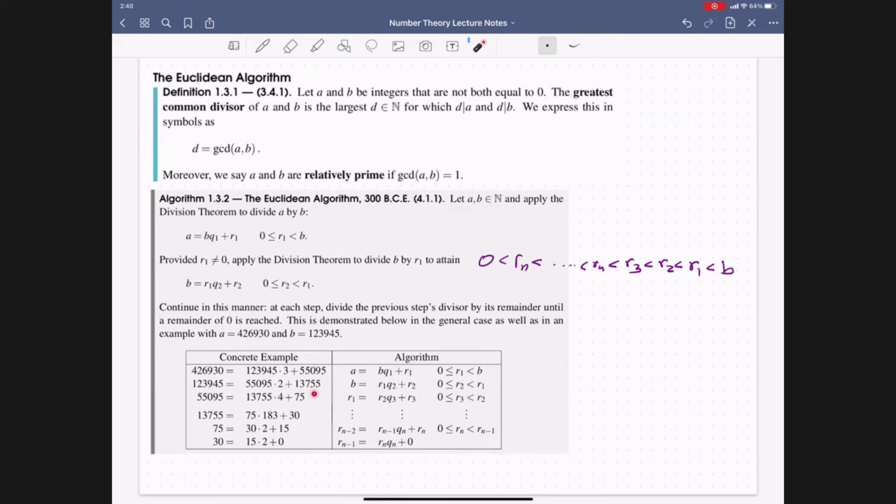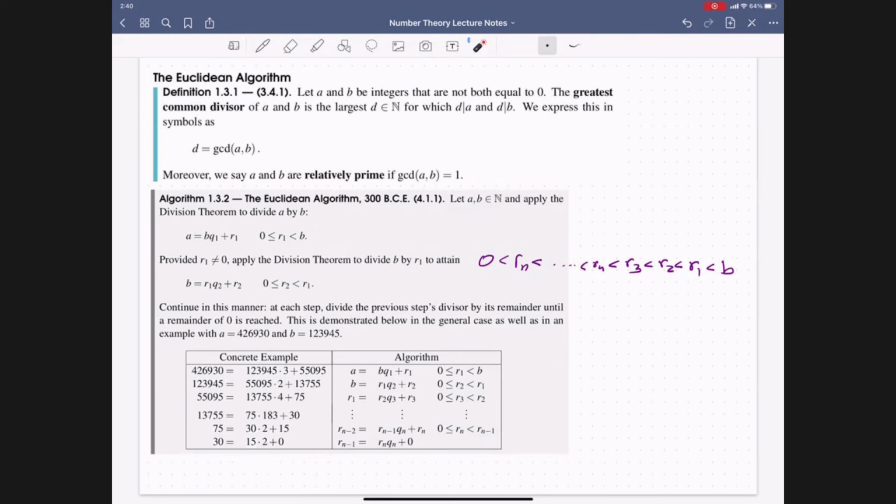The new remainder is this one here. And then we apply the division theorem once more, except that now we choose the 55,095 in this step as our A, and the remainder as our B. And so here we apply the division theorem once more, and we continue this process until we finally get back